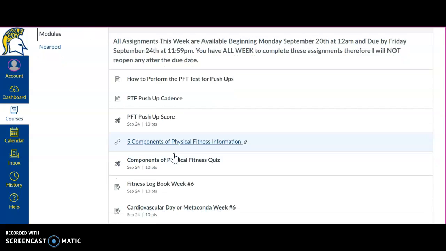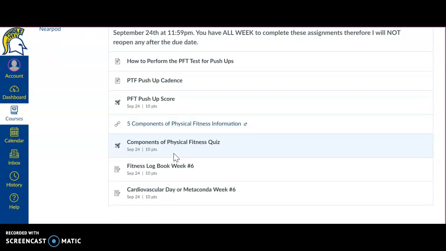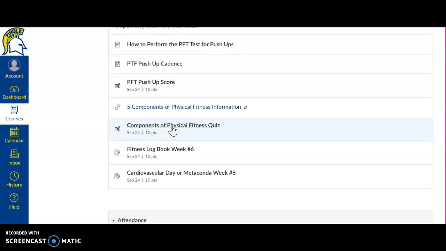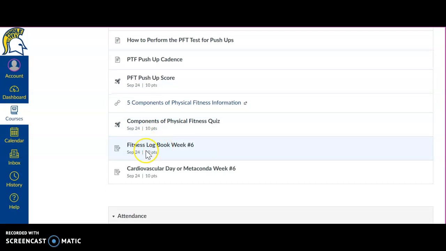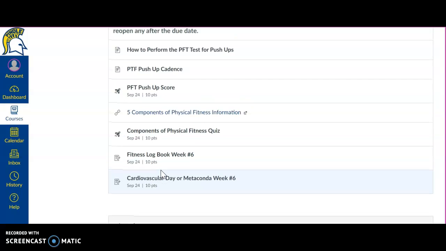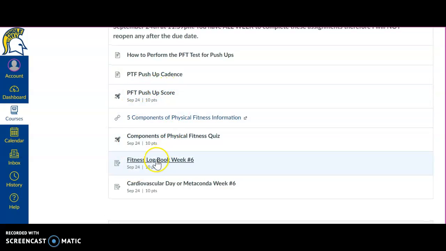Did you finish it? And like I said, these assignments aren't too terribly difficult. The PFT tests normally don't take more than 3 minutes to complete. The quizzes take no more than 30. And then their fitness log, usually I just want to see them get at least a 30-minute workout in. And their cardio, some people run 5-minute miles, some people run 20-minute miles. So it just depends. But this work is very doable within a week. That's why we give them that time frame. And then last but not least, we do